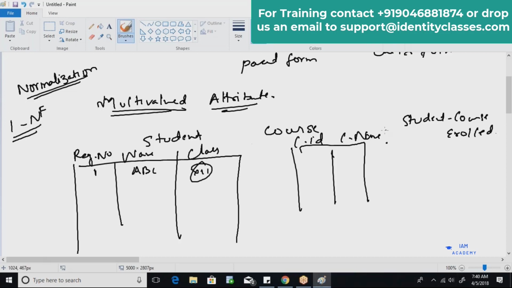This says that you have to create another table, student course enrolled, and here we mention the registration number, whatever the primary key is over here, along with the course ID. So this is how we tackle a multi-valued attribute on a database level.